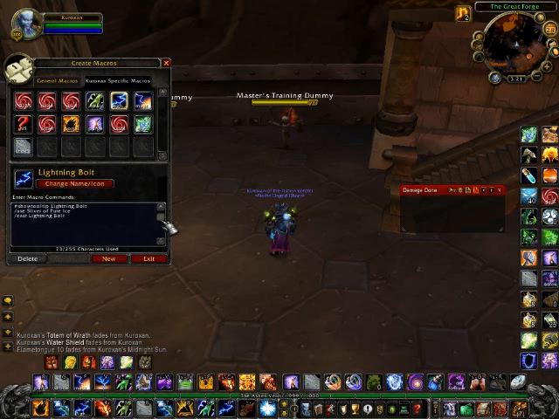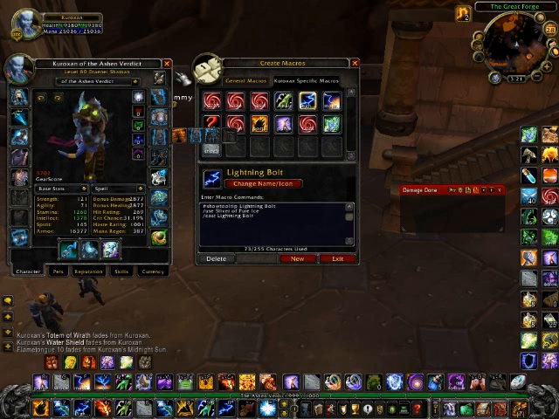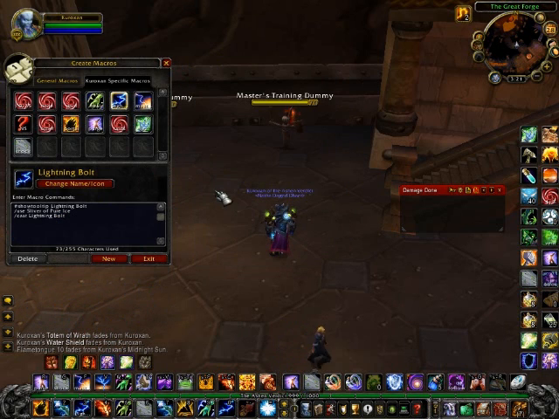So first, I'll show you how to use a trinket that has a use effect. The only one I have right now is the Sliver of Pure Ice, but I want to make sure I use that every time I can because it gives me mana back. Alright,